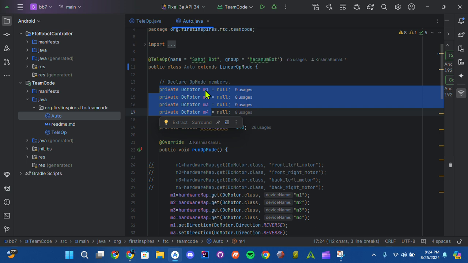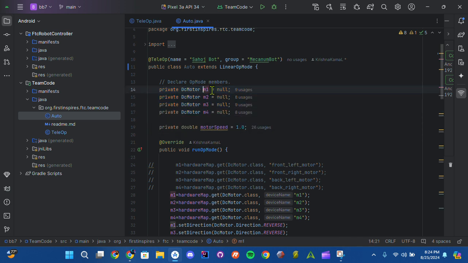For example, we have in the first port M1, which is motor 1, second port M2, third port M3, and fourth port M4. You want to declare that in the beginning. This is what you want to write in the very beginning of the code: @TeleOp, then name is equal to whatever the bot, group is equal to mechanism bot, and then